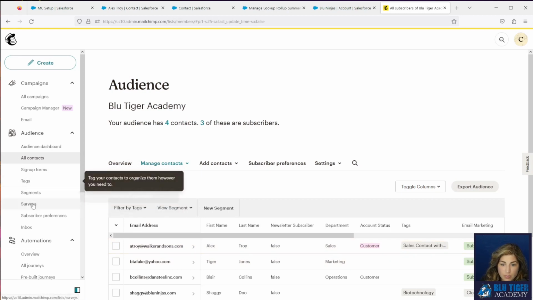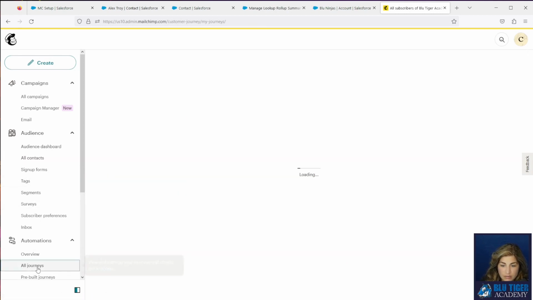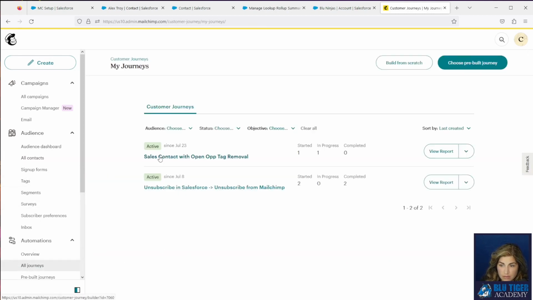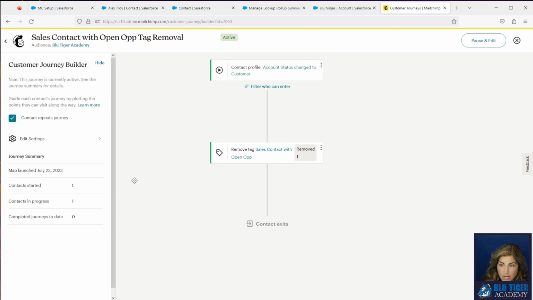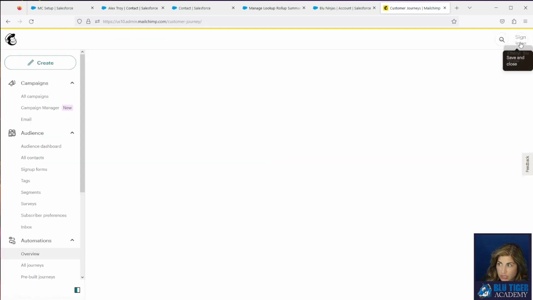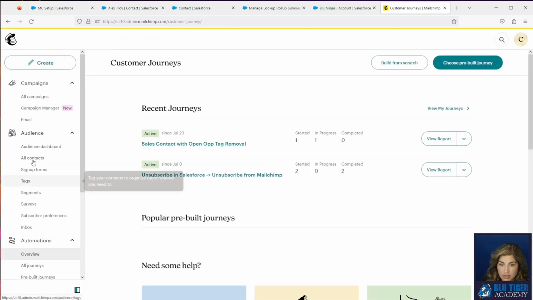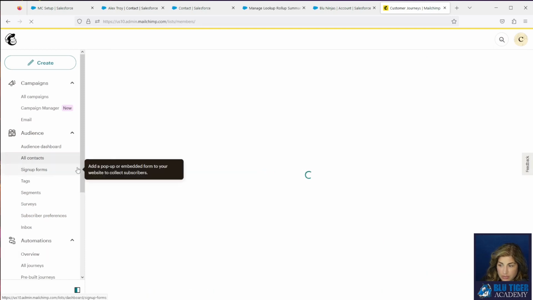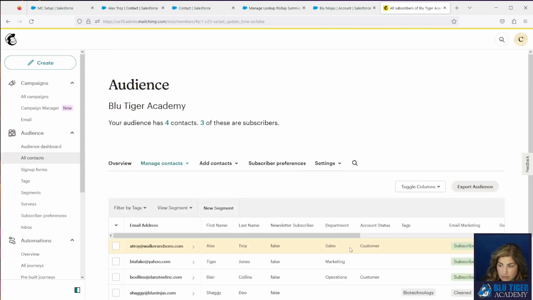So let's go back to our journey, and we can see here one has started and one is in progress. It'll probably take another minute for Alex to finish. Okay, so we can see that one tag has been removed. So let's go check out Alex and make sure that the tag was removed from his contact. And we can see that Alex has no tags. So all of that is working beautifully.